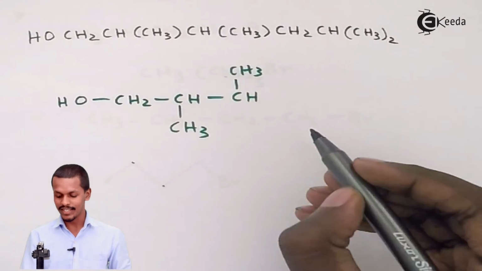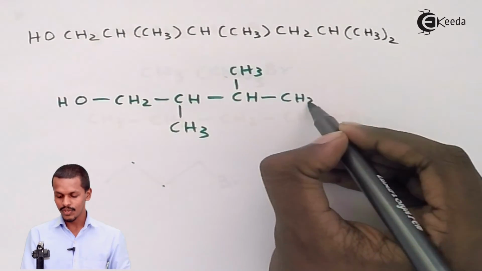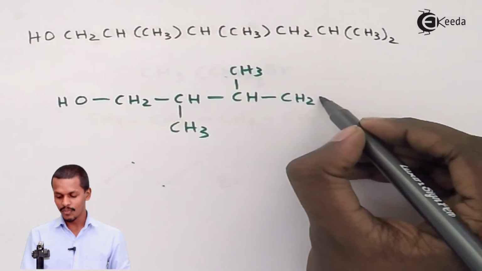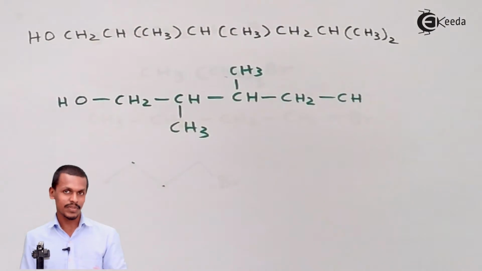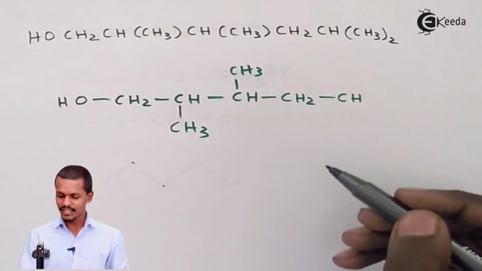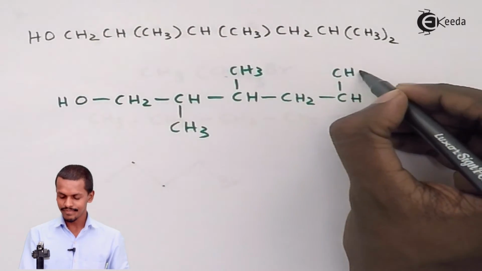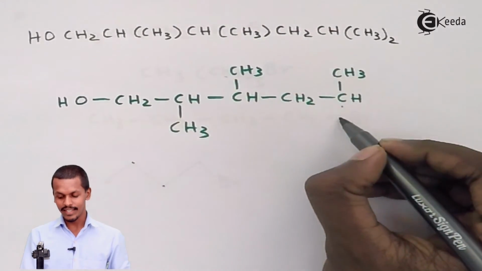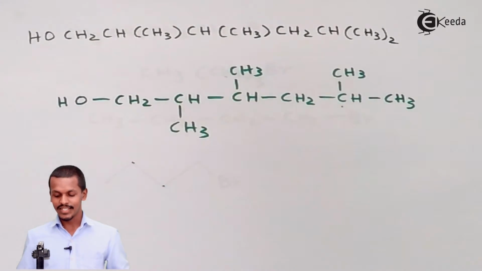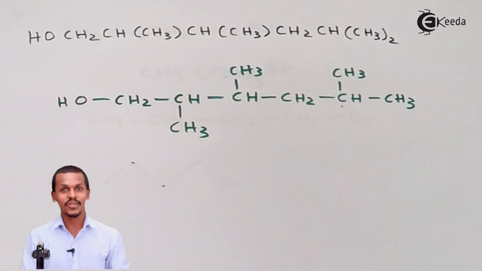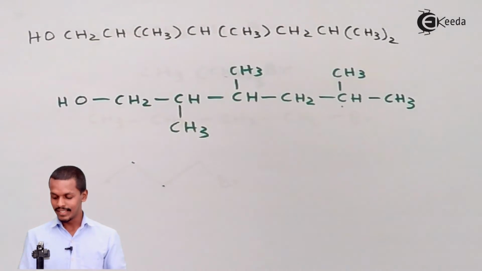And moving further, I get CH2, so bond CH2, and later CH, so bond CH, and later I could see two CH3 or methyl groups present. So that could be represented in this form, that is CH3, or else over here I could write it bond over here, or as CH3. So this is what we have done. This is the structural formula that we have done for the above,